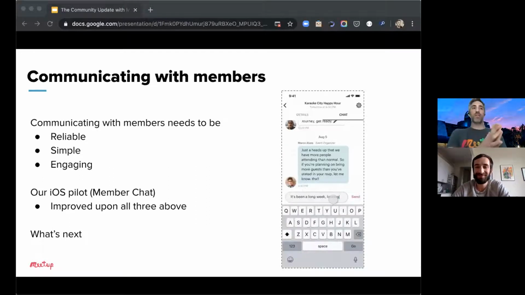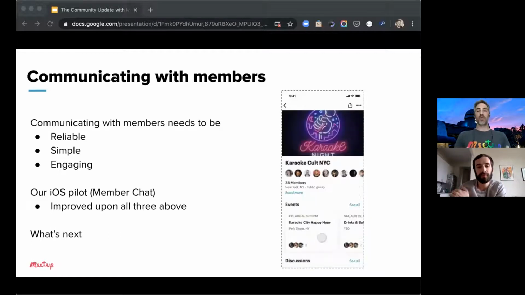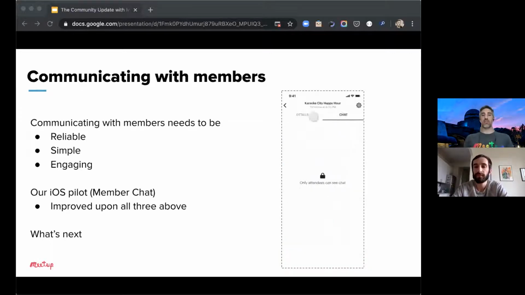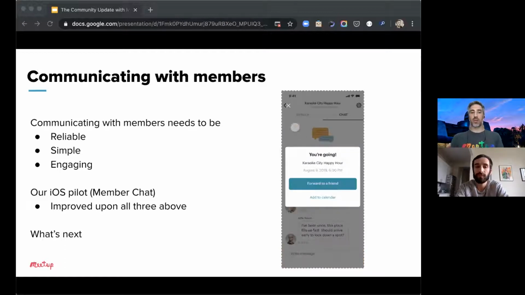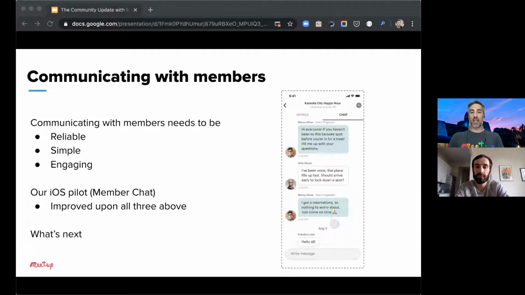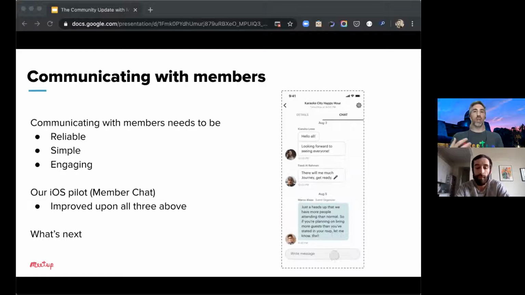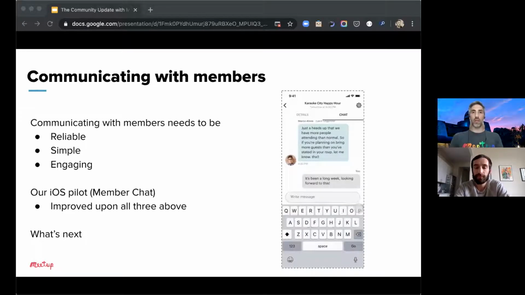One thing I got questions on: why was this only iOS, and why was it just a pilot? A lot of organizers who talk to us said, this is great, why can't I have this right now? By building on only one platform first, we were able to move faster and get something into the hands of organizers quickly so we could learn as fast as we could, which is also why it was just a pilot. We needed to learn how to balance these features for Meetups and its communities so we could figure out how to plan for this and how to build it in a way that would work across all of the types of Meetups that exist.